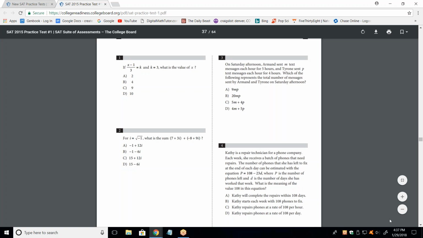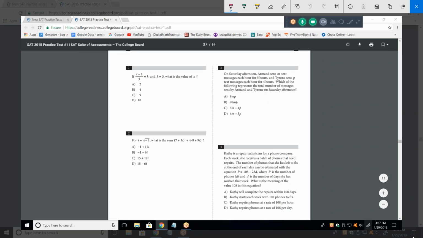So let's look at number 1. If you can't read these, I can enlarge this a little bit. So if you can tell me the answer, we'll just go straight to the next problem. If you're having difficulties or have to guess, then I'll go through the solution. Wait, so it equals 3? Okay, so